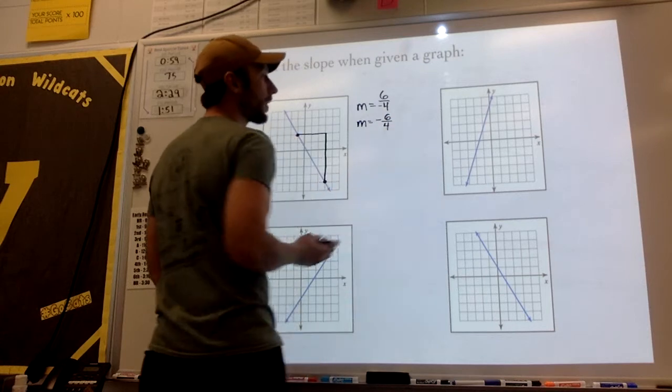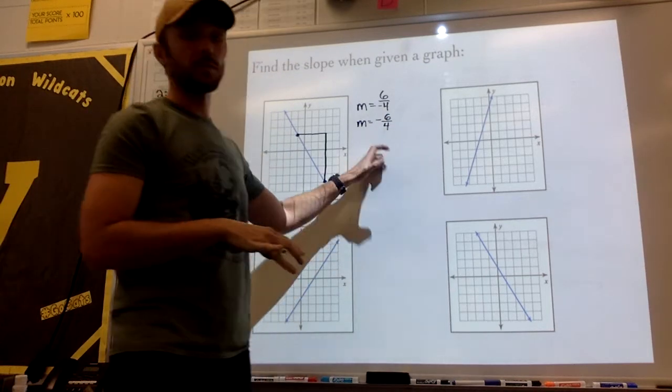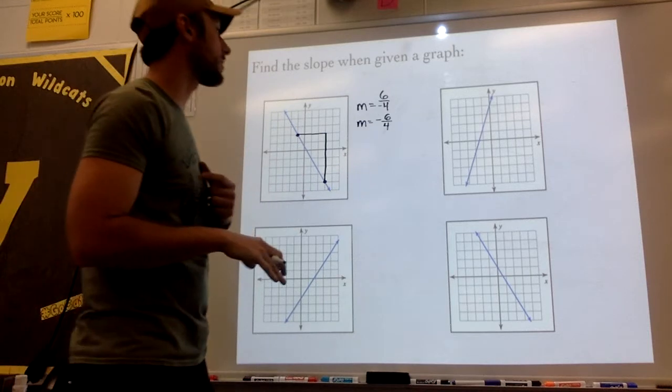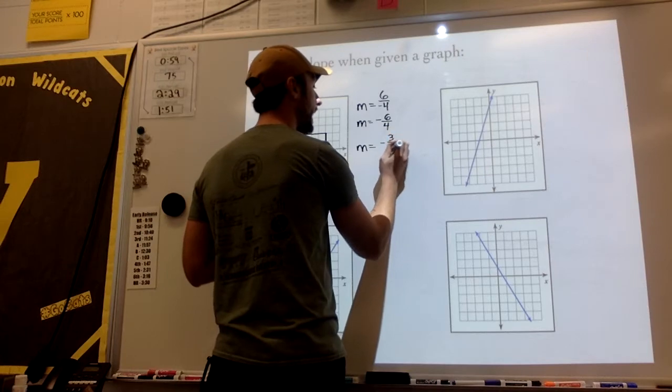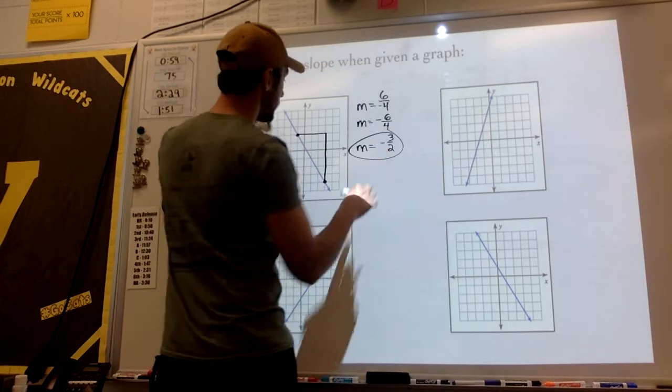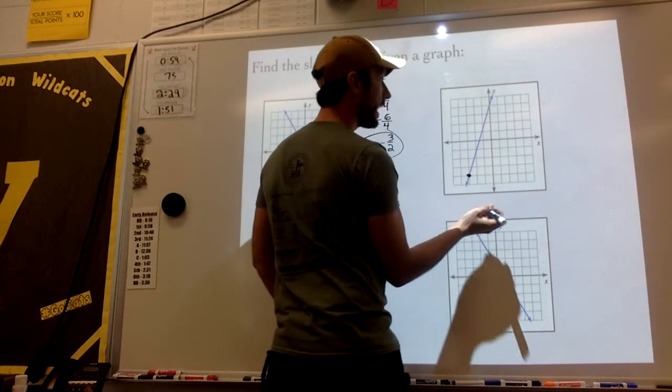6/4. And with fractions, with slope, we always want to reduce. We don't want to change to mixed numbers. We like improper fractions. Slope, we want to have improper fractions. So we're going to reduce this to m equals negative 3/2. Negative slope, nice, negative. Down here, I have a point that's good, and I have a point that's good way